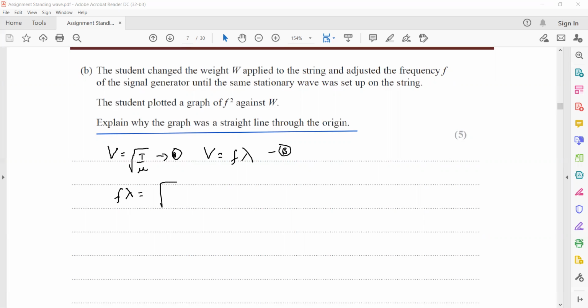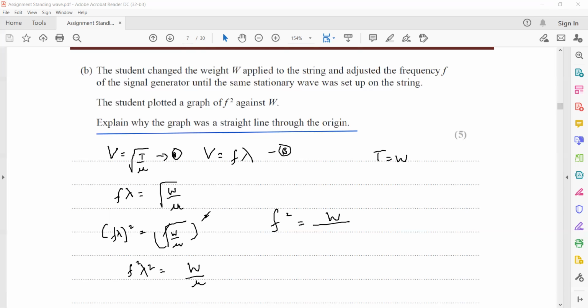So instead of T, I can write W because tension is equal to weight. So I can say weight divided by mass per unit length. When we square both sides, the square will cancel with the root. So it will be f square lambda square is equal to weight divided by mu. Or we can say f square is equal to weight divided by lambda square and mu. And if we rearrange this equation, we can say f square is equal to 1 divided by lambda square mu